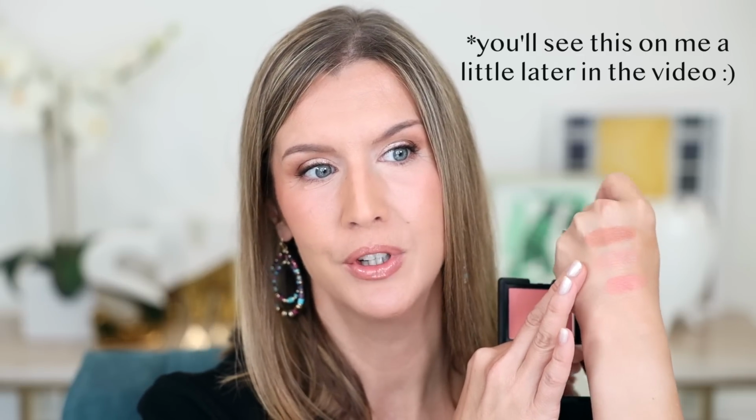I feel like those of you who think Orgasm has too much shimmer would really like it because it does give you a really pretty glow. You can kind of see that sheen there, but it doesn't have a sparkle, so it's just really flattering. So it's really subtle, but it does give you some color. This is just one swipe. You can leave it kind of sheer to get just a nice subtle glow, or you can build it up